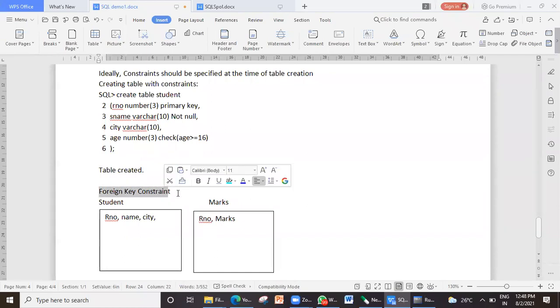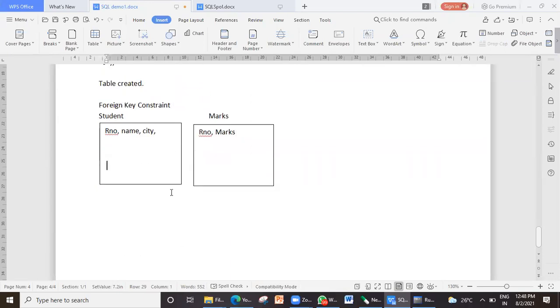Now, how to specify a foreign key constraint? Again, when it comes to constraints, they can be specified at two different levels.